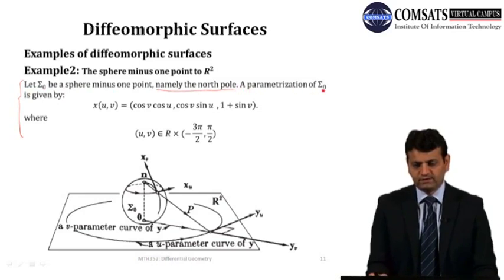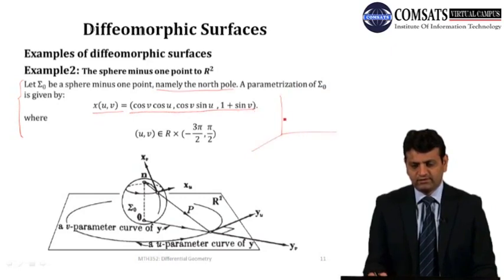Then a parameterization of sigma naught is given by x of uv is equal to cosine v cosine u, cosine v sine u, 1 plus sine v. So basically it's a sphere which is resting on xy plane, or in other words it is touching the xy plane only at one point, and the north pole is 0 0 2, and this is z axis,